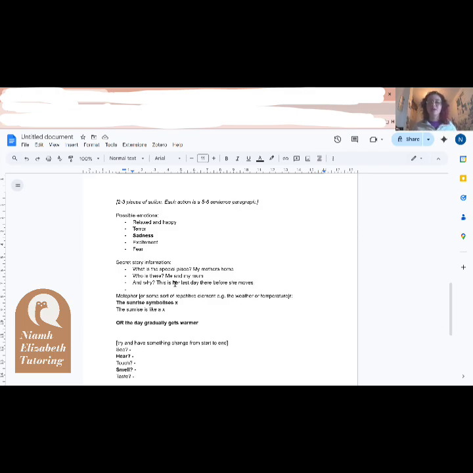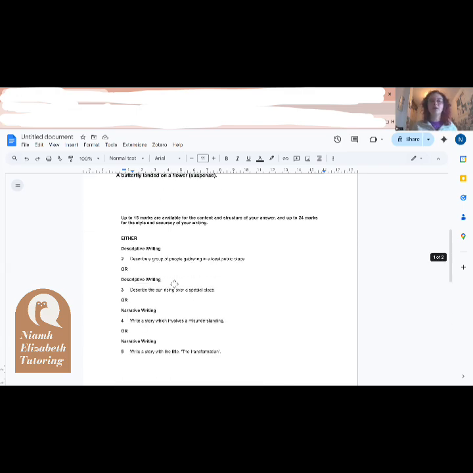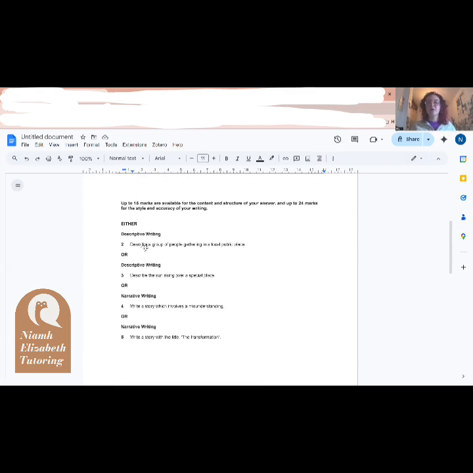But then you can see that if I took the other quote and said describe a group of people gathering in a local public place, we can still use that same idea that we've gone back to our mother's house and she's moving house. But we just have to go, okay, people are gathering in a public place. Maybe this is the farewell party. And so we're still talking about those same emotions, those same ideas. We're describing similar stuff,